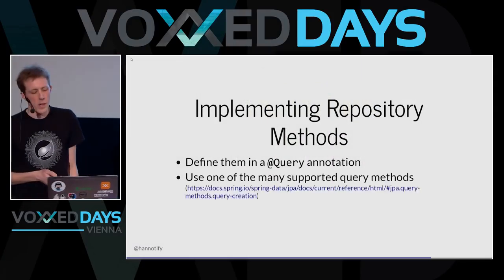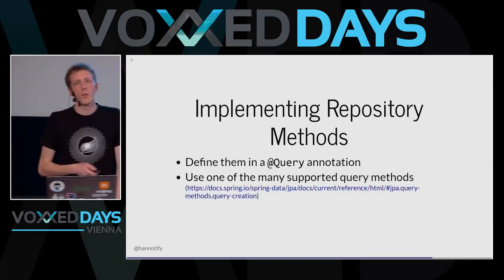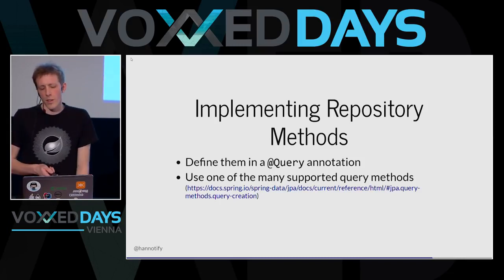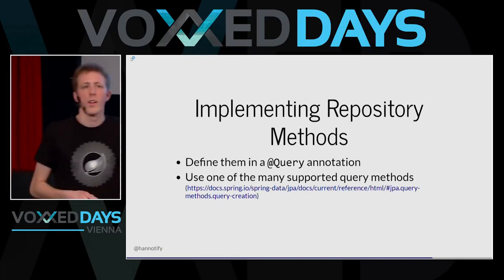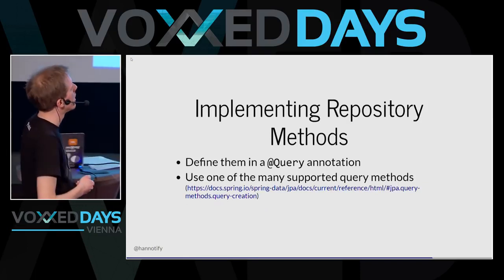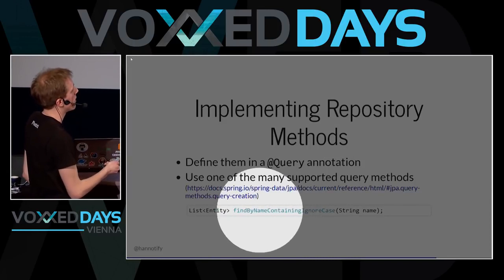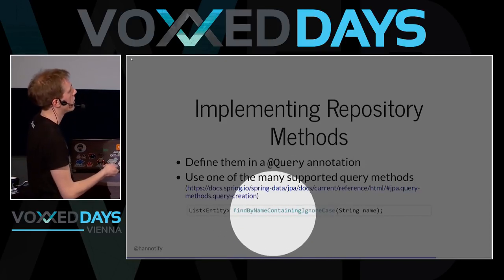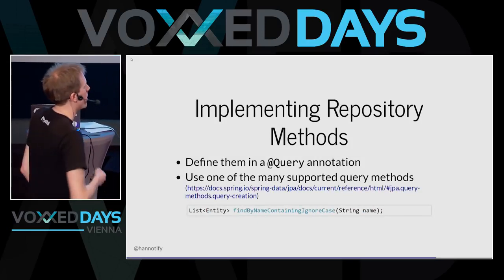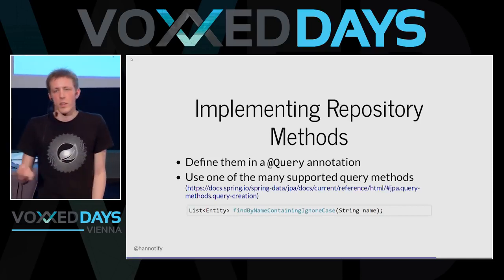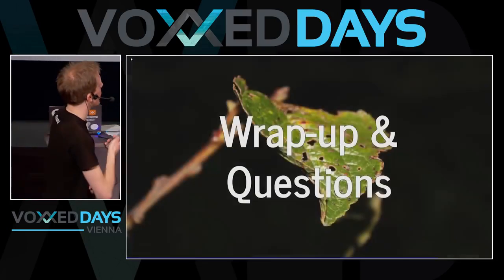I'm going to skip this slide, but if you want to define your own queries, Spring Data has great support for custom queries. You can do it in a query annotation or also in one of the supported query methods that are also implemented at runtime. You can just define an interface method. So visit this link for more info. You can just define a method like this: find by name, containing, ignore case, and Spring Boot. So these names are quite meaningful. You need to provide them in the exact same order. And if we had more time, I would implement a search function that can also work with a partial name. So maybe next time.